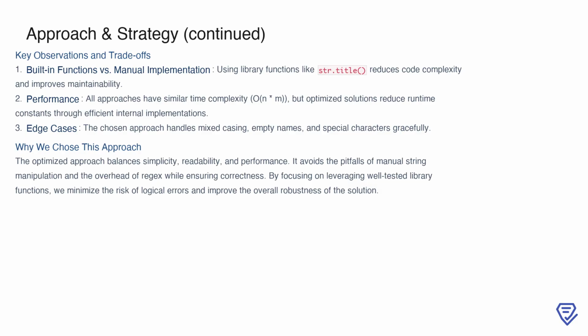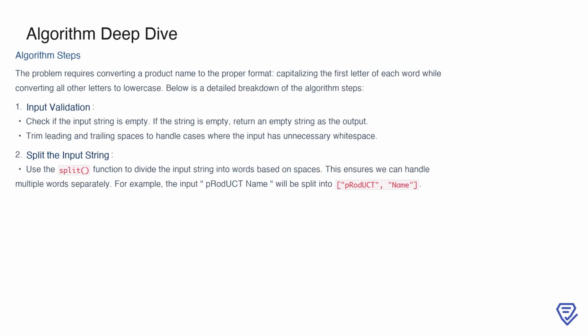By relying on well-tested library functions, we reduce the risk of logical errors and enhance the robustness of the solution. This method avoids the redundancy of manual string manipulation and the complexity of regex, making it the most practical choice for this problem. To solve the problem of formatting a product name correctly, we start by breaking the algorithm down